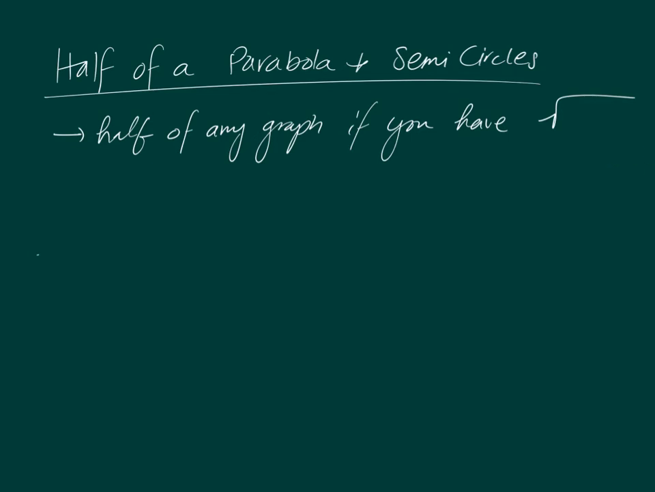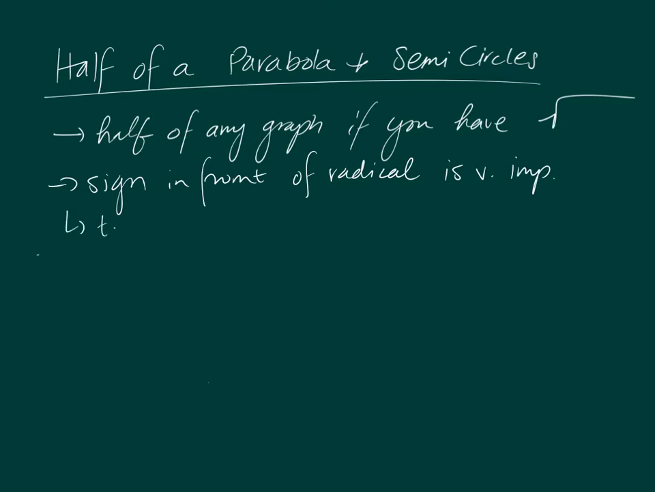That's very important. Now, the other thing is the sign in front of the radical is very important. And this is because it tells you what half you want, okay? So that's why it's so important, because you need to know which half you're drawing. You can't just draw both halves. That's not going to work. And if you do that on the test, it will mark you wrong, because we want half of it, not